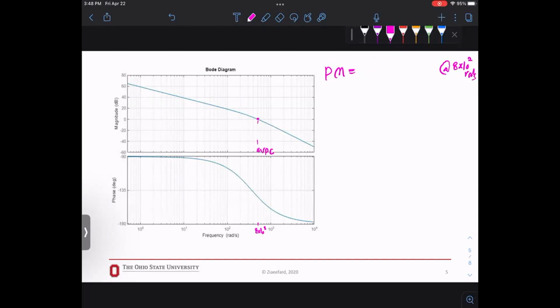So you read the frequency. If we read this value, I think negative 140 is fine, estimation is fine. So negative 140 minus negative 180, PM is 40 degrees. So at this frequency, which is your omega PC,